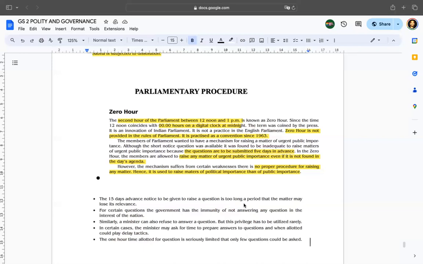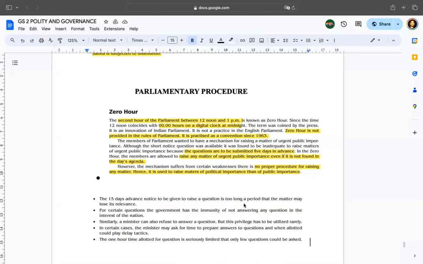Then one more thing as far as the Vice President and Speaker are concerned. The Vice President cannot preside as chairman when the resolution for his removal is being considered in the Rajya Sabha. At that moment, he cannot chair the position of Rajya Sabha chairman, but he can be present and speak, and also he cannot vote on any matter discussed.